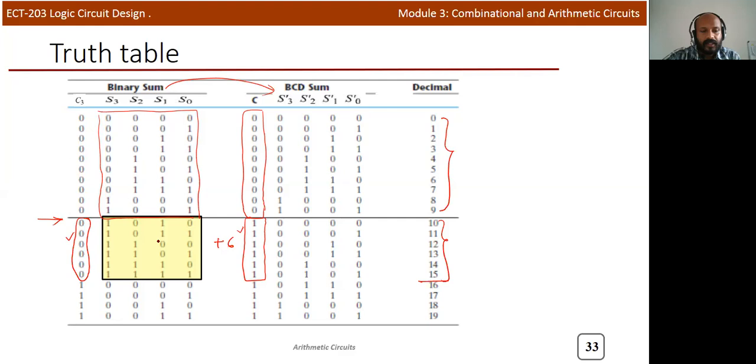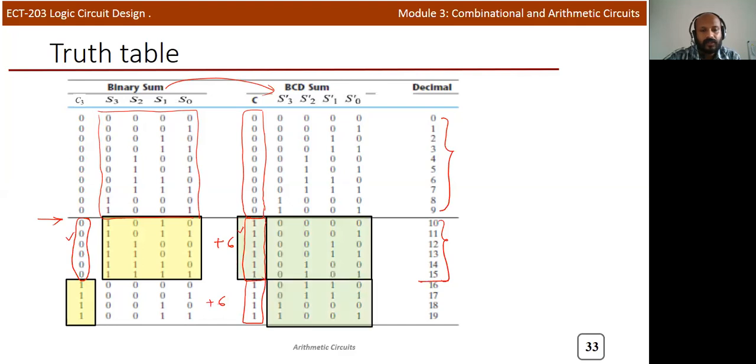So now we can consider the next 2-3 cases when the carry is equal to 1. When the carry is equal to 1, again we need to add 6, and you can see that the sum will be different, and again we need to replace the carry. Okay, so you can see the changes. So here this 0 becomes 6 and this 1 becomes 7, this 2 becomes 8 and this 3 becomes 9.